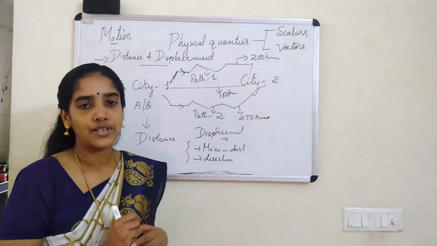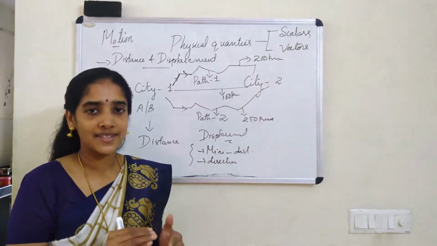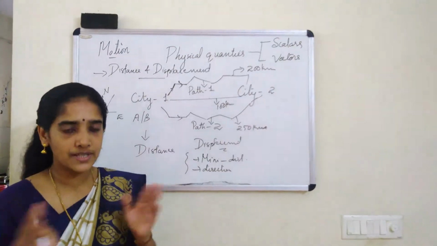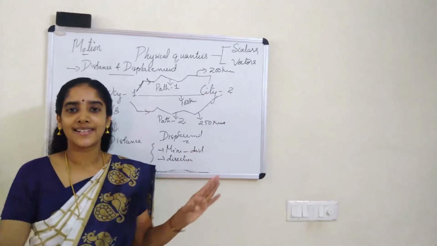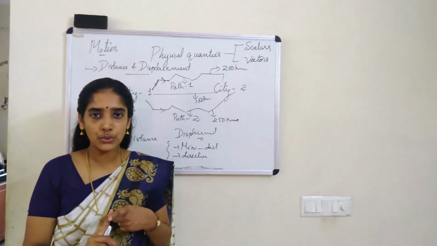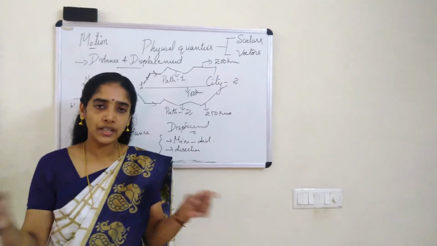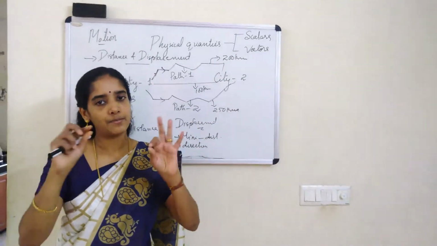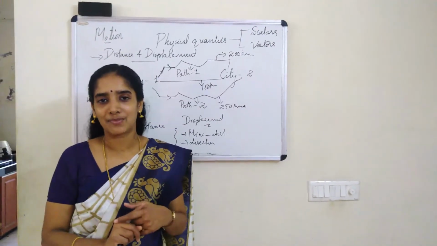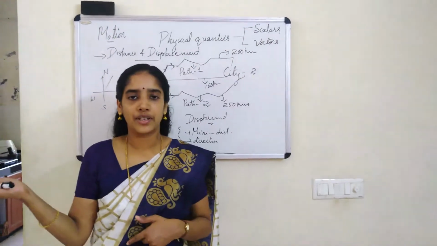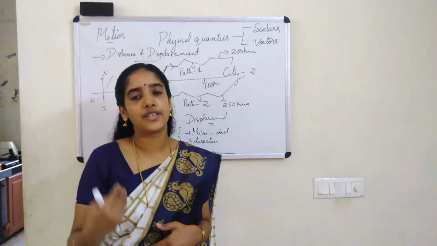Now after this we are moving to some numericals on distance and displacement. So remember the logic you have to apply. For distance, identify the path and find its length. For displacement, what to do? Find the starting and end point, draw a straight line, and then put an arrow on the line towards the final position. That gives us displacement. Okay, now let's have a look at some of the numericals based on this concept.